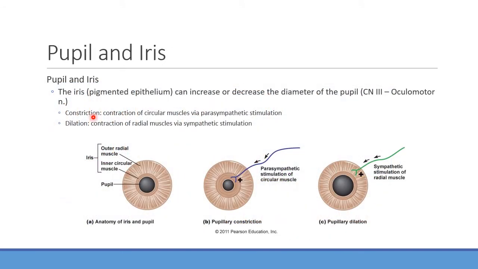So looking at the pupil and the iris, not that iris, but this iris here, you can see that by changing the diameter, which is controlled by cranial nerve 3, the oculomotor nerve, we're going to see this come up again as far as like eye movement as well. So it's kind of pulling multiple jobs here. We're going to find that when you have constriction, this is actually going to be contracting these circular muscles right here, right? So again, by contracting these muscles here, this is what's going to cause that miosis, that pupillary constriction. This is mainly going to be affected by the parasympathetic nervous system.